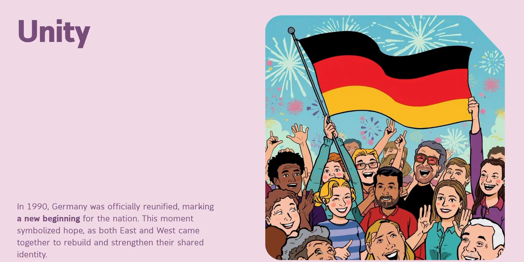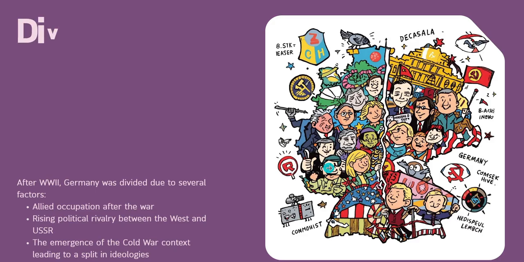At last, Germany was divided after the Second World War because the Allied powers occupied the country and had different political systems and goals. The rivalry between the Western countries and the Soviet Union led to the creation of two separate German states. During the Cold War, the division lasted for many years until the fall of the Berlin Wall and the reunification of Germany in 1990. So you all have understood how Germany got divided.